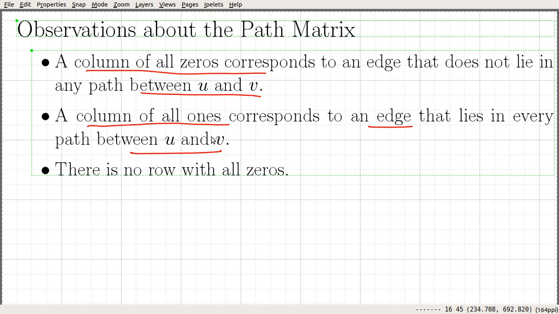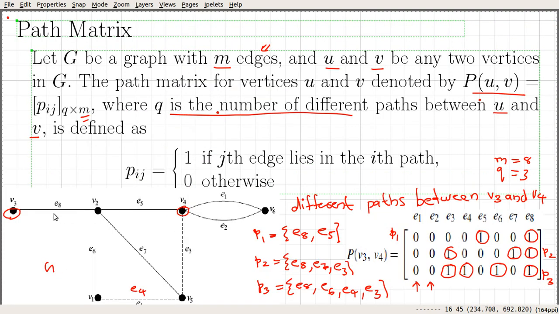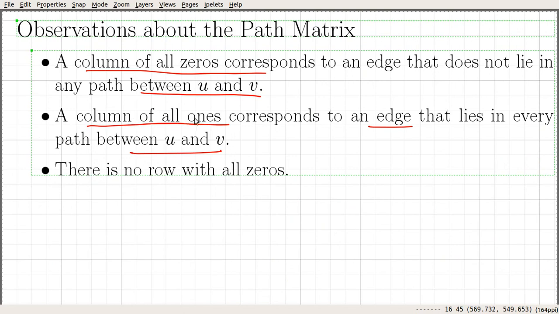Okay, a column of all ones corresponds to an edge that lies in every path between U and V. Okay, and if you look at this particular example, we can see that this E8 is contained in every path between V3 and V4. Okay, and that says that column, if you look at this column, the last column, E8 column, okay, every entry is 1, okay, and that says all the path between V3 and V4, it goes through that particular entry E8, okay. So that we can see from this example, right? Okay, E8 is very common to all these paths, okay. So that's one observation. A column of all ones corresponds to an edge that lies in every path between U and V,